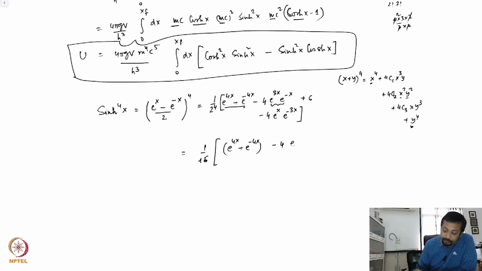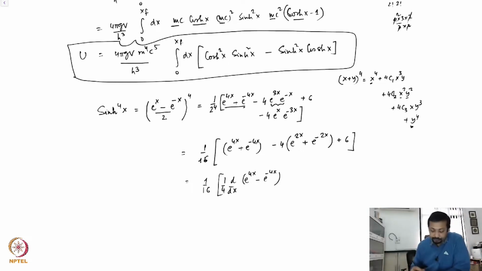This is e to the power 2x plus e to the power minus 2x plus 6. Now these are exponentials, so I can equally write them as d dx of e to the power 4x minus 4x, 1 by 4,